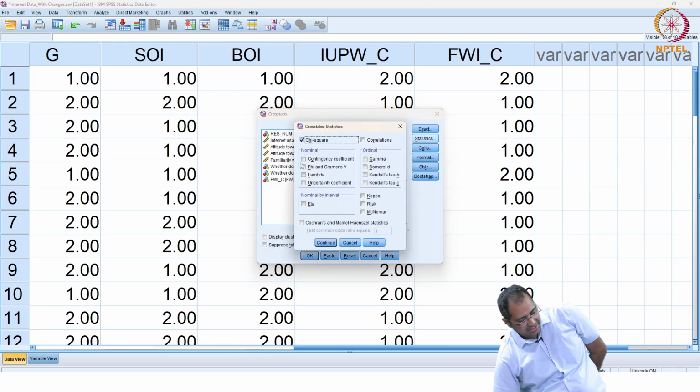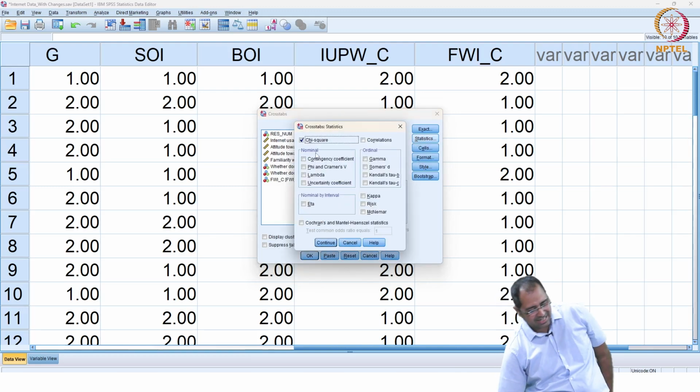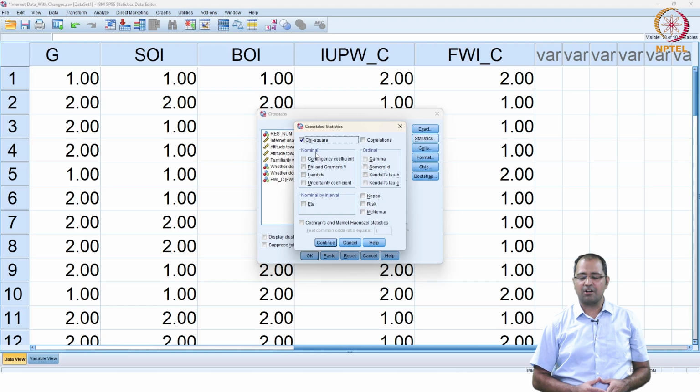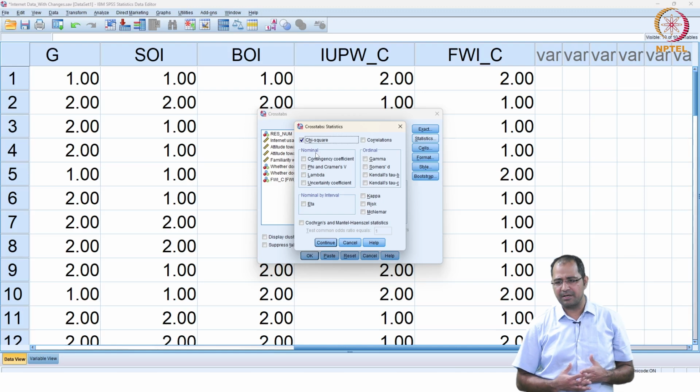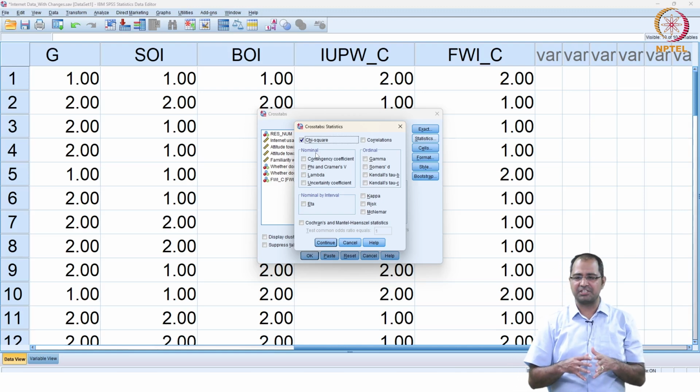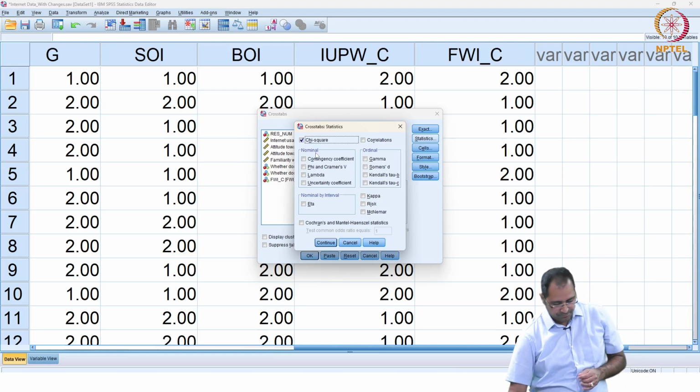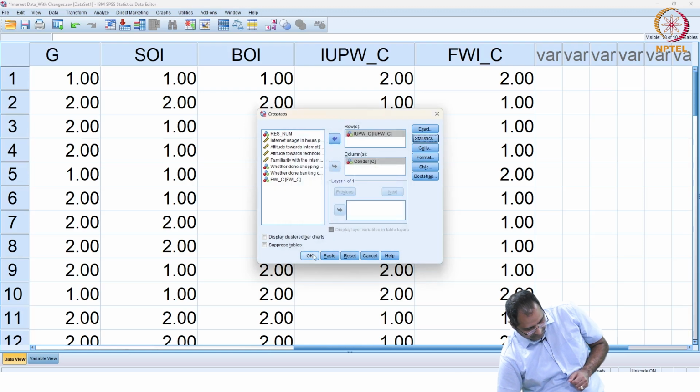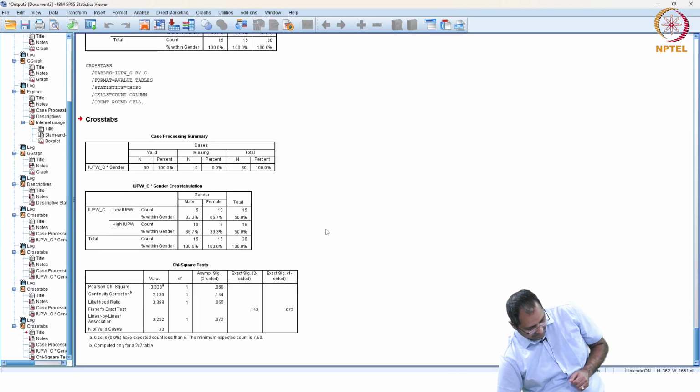So in the statistics you have chi-square and other measures also, like phi coefficient and contingency coefficient. They are also useful, but we'll stick to this chi-square. They are also chi-square statistics, but a little adjusted. So if we click OK,